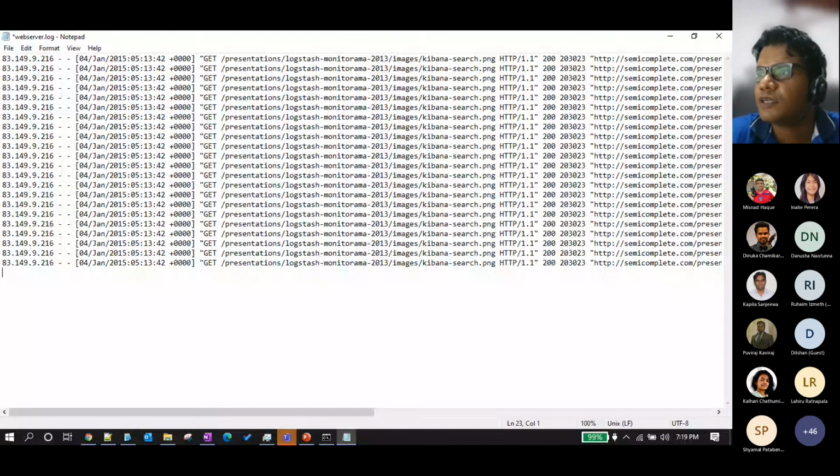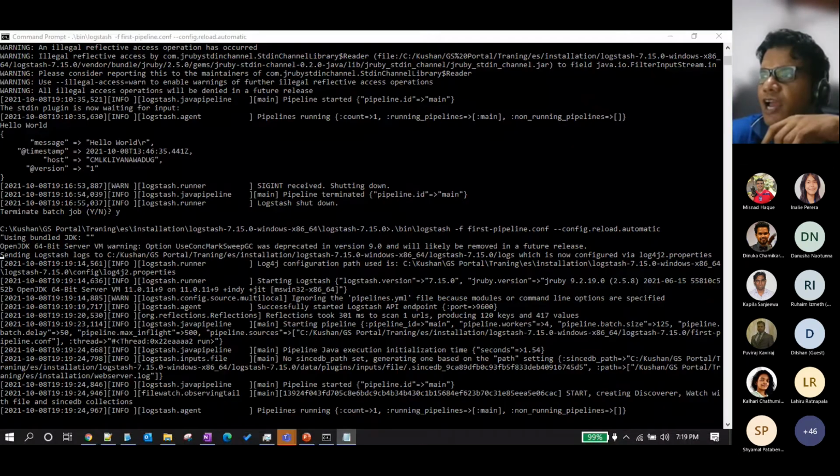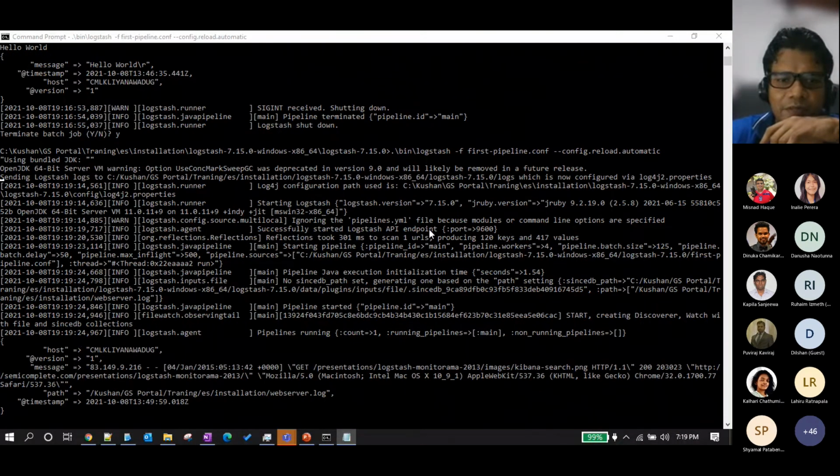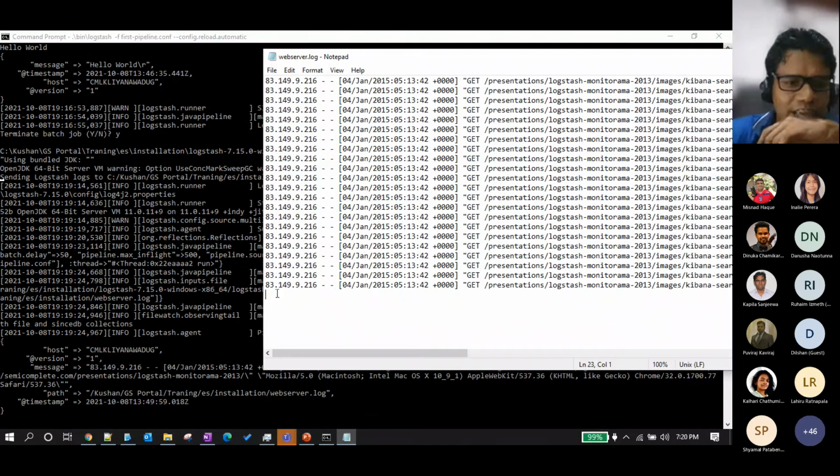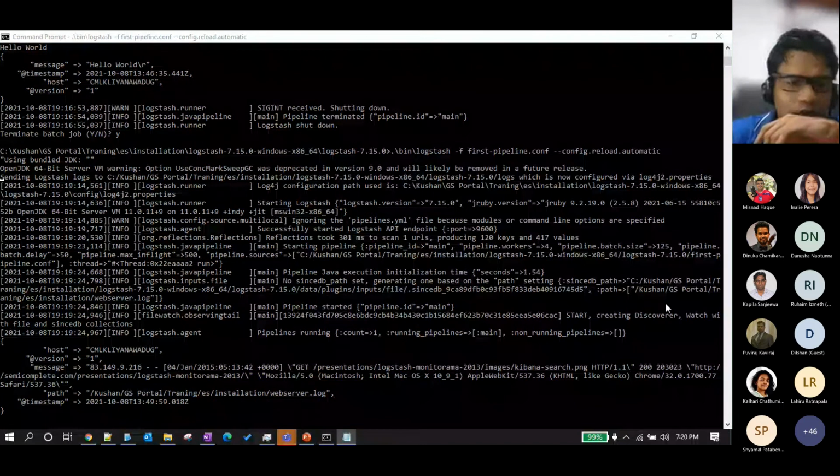I have done the save. Okay, now you can see. I have updated this particular log line and saved the file. Now you can see that it has been outputted.